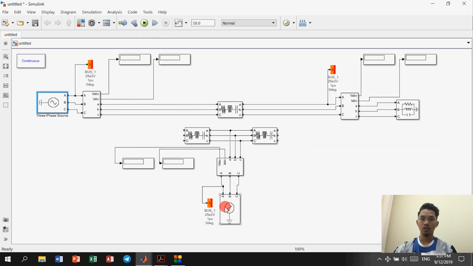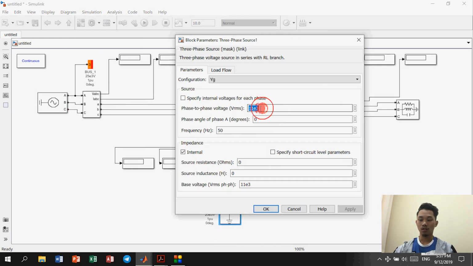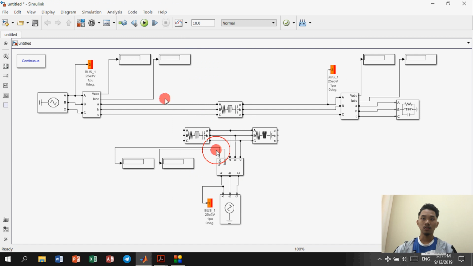Here we will multiply by 1.04. Okay, then for the load,